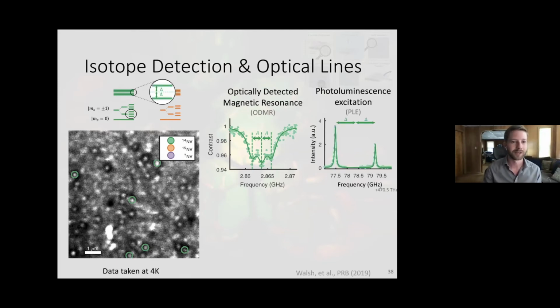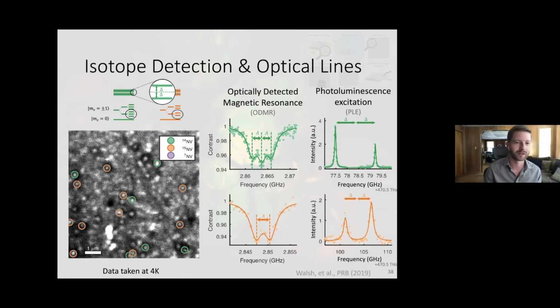And we can do the same thing with the excited state and sweep our resonant laser over it and see our 2 EX and EY transitions, known as PLE. And we do this for all of the sites in our field of view, as well as all of the ones that were exhibiting the 2 hyperfine transitions corresponding to the ones that we're more interested in, the implanted nitrogen. But we also keep track of some that we just weren't able to distinguish if it was 2 dips or 3 dips, so we're unclear what the isotope is in the NV.